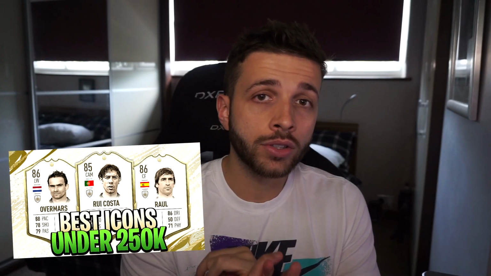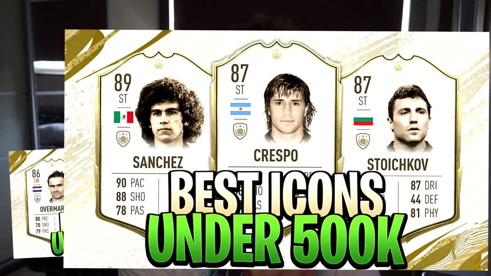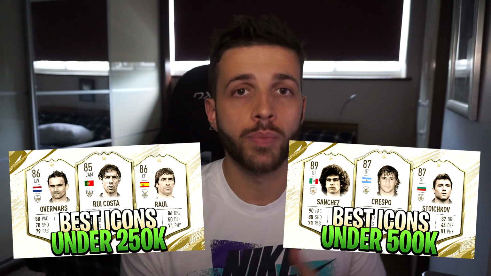Yes guys, welcome back to a new video. Today we're going to be looking at icons again, specifically for 500,000 coins or less that are going to be centre backs for your team. Now if you missed them, previous videos we've done are 250,000 coins for icons and also strikers that are 500k or less that are also icons. So if you missed those videos, go check them out. And without further ado guys, let's get straight into it and look at the centre backs we're going to be